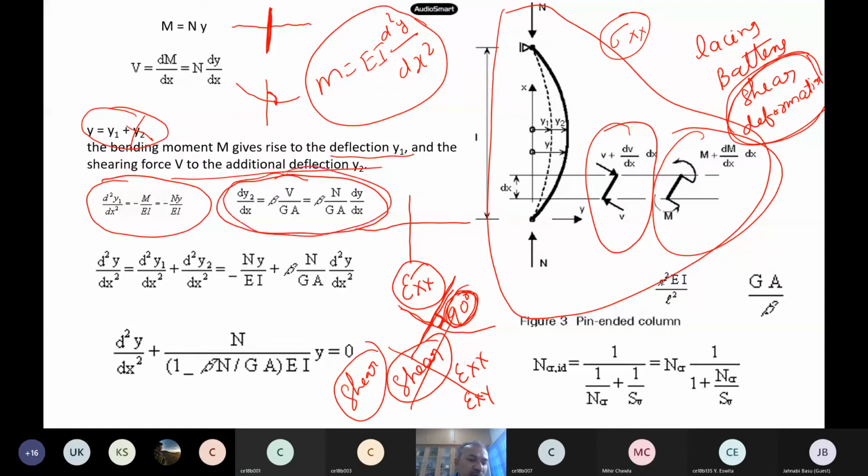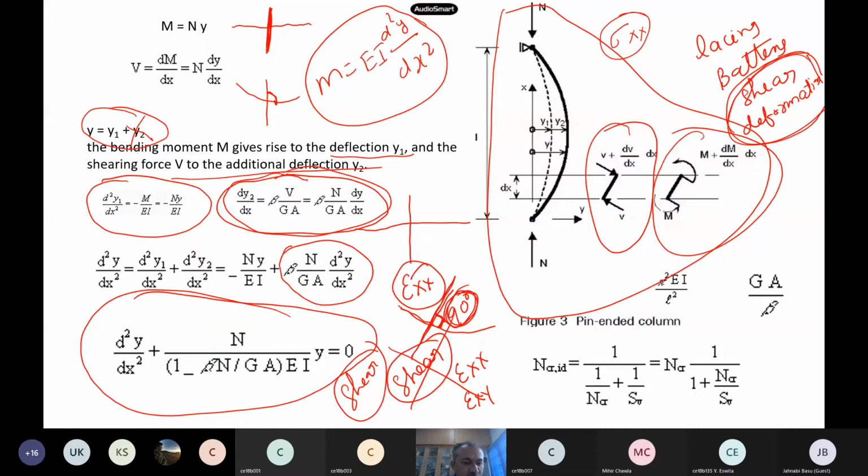If you include it, this is my governing equation of equilibrium, including shear deformation also. So these are the terms. There will be some beta term, like a shear factor kind of thing. If this beta is 0, this entire expression goes down, and you will get ordinary Euler buckling, that is, the Euler beam theory itself. But if you have shear deformation also, then this is my equation of equilibrium.